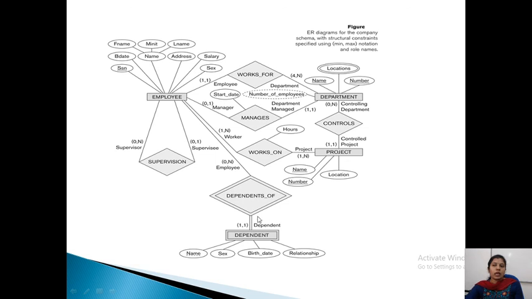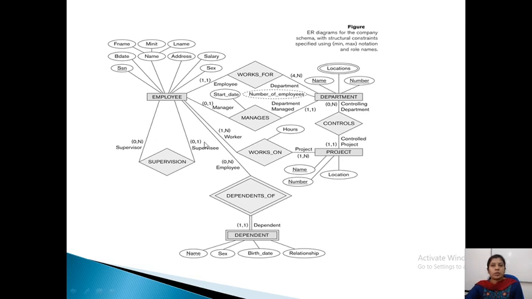And here the dependent is fully participating, right? So that's why we are showing double lines here. And here 1 comma 1, that means a dependent must be related to only 1 employee. So minimum is 1, maximum is 1. He is a dependent of only 1 employee, and he must be a dependent on 1 employee, because then only we will store the information in this dependent table.